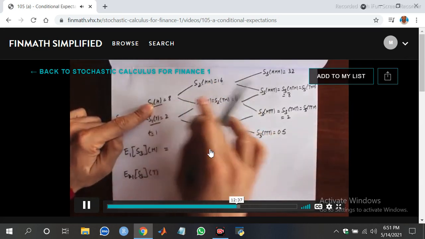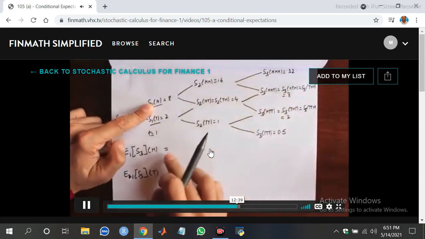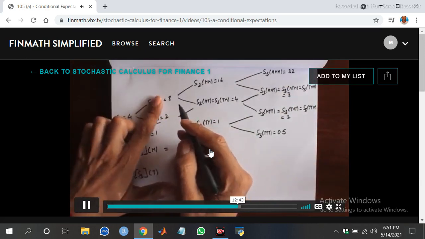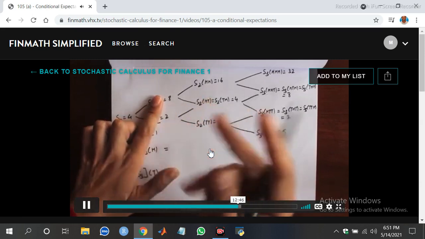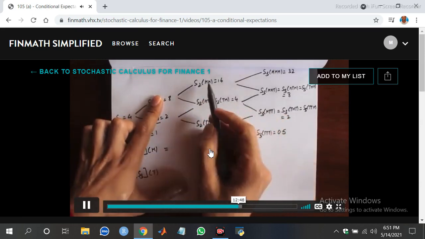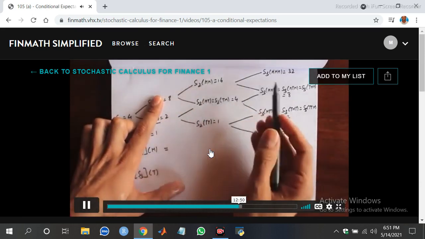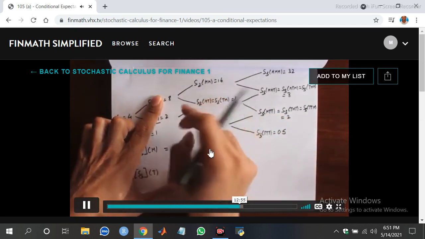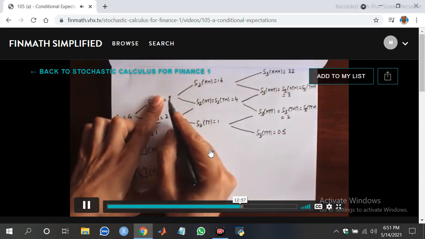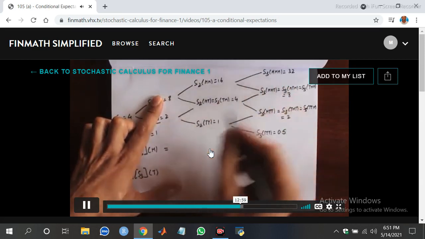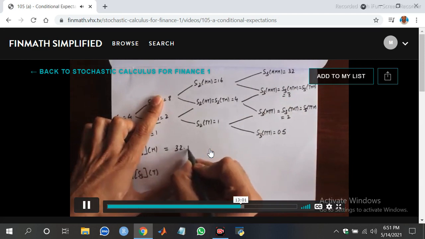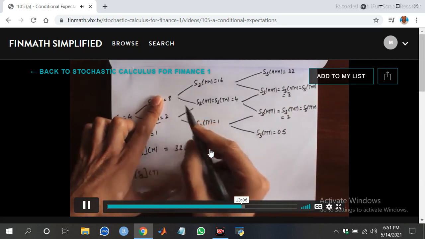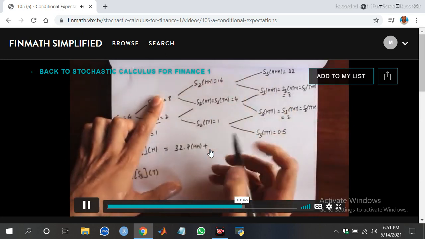We're going to look at all the possible outcomes of S3 that we can get from this point. So if we have already tossed the coin once, we are here. Now there are 2 more coin tosses remaining. And in those 2 coin tosses, we can get either a head-head, head-tail, tail-head, or a tail-tail. So let's write that. If we get 2 more heads now, what would happen to the stock price? It would go to 32. So 32 times the probability of a head-head,